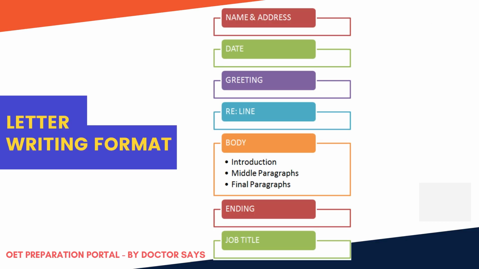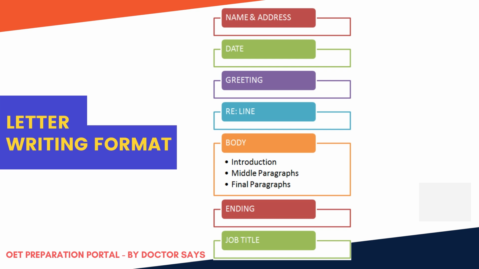Here we have a very basic letter writing format. You all know that we are going to start it with the address, and on top of the address will be the name of the person we are referring it to. It could be the admitting doctor, a receiving nurse, or whatever is mentioned in your writing task. Then you mention the date and the greeting. Then there is an RE line in which you mention the patient's name and the patient's age or date of birth. Then we have the whole body paragraphs, in which we have the introduction, the middle paragraphs,